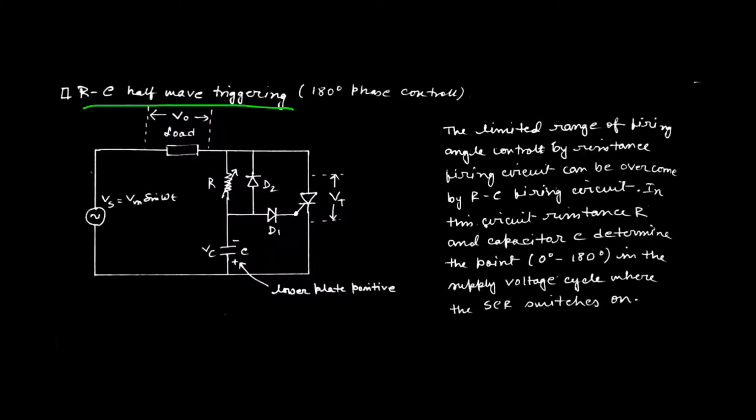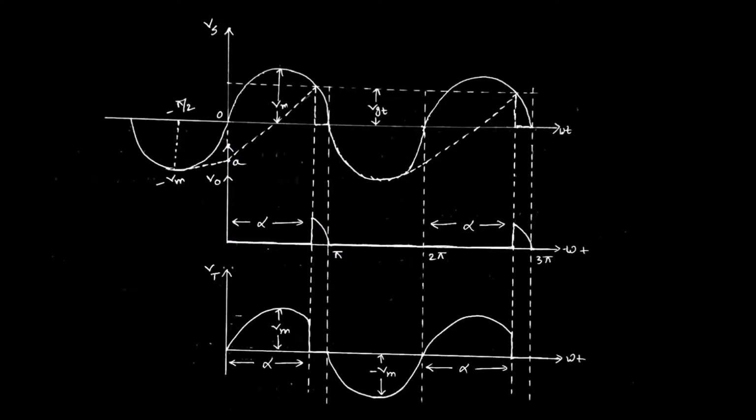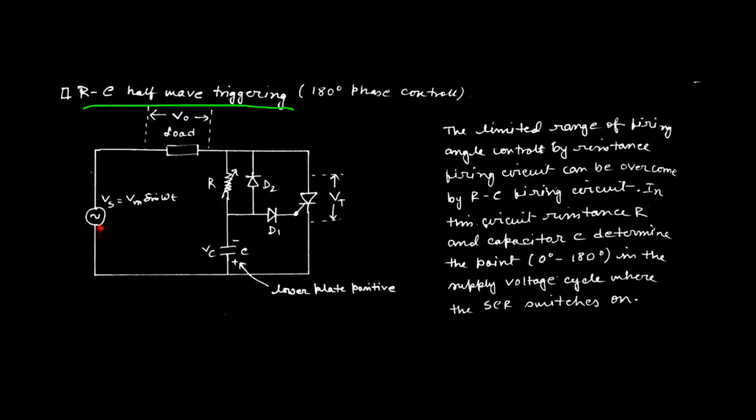Now, to demonstrate the working principle of this circuit, let us consider that the operation starts from the negative cycle. That is why we define the output voltage waveforms across all the voltages starting from the negative polarity, or negative cycle. So first consider that the negative cycle starts. That means in the circuit diagram, the lower part will be more positive with respect to the upper one.